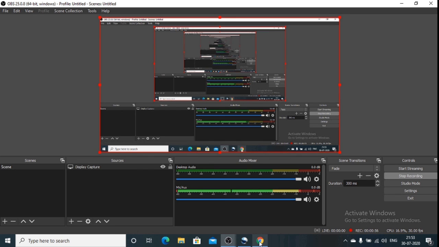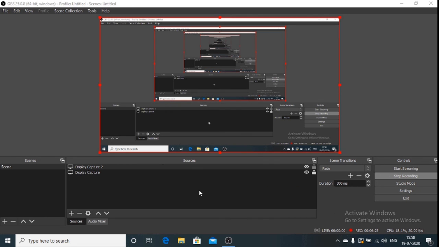Friends, so this is the way we can use different sources on OBS in presenting your lectures by selecting image or image slideshow or display capture as per your requirement. I think my purpose is solved. I have explained how you can connect all these resources with your subject. Now it's your creativity.